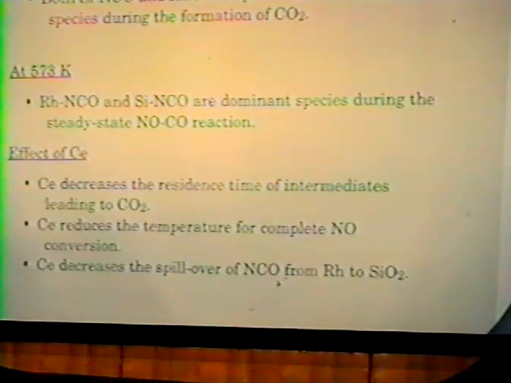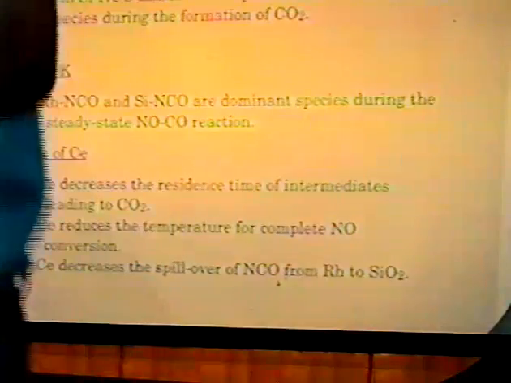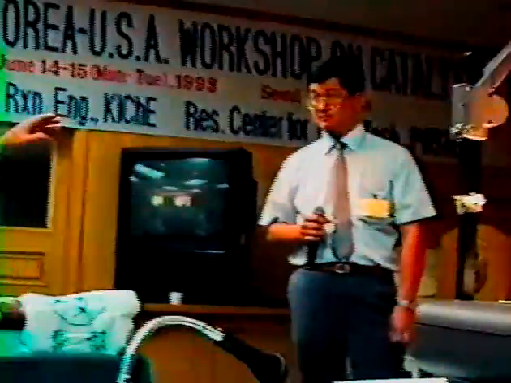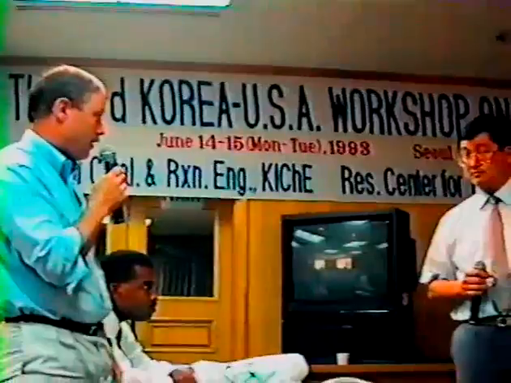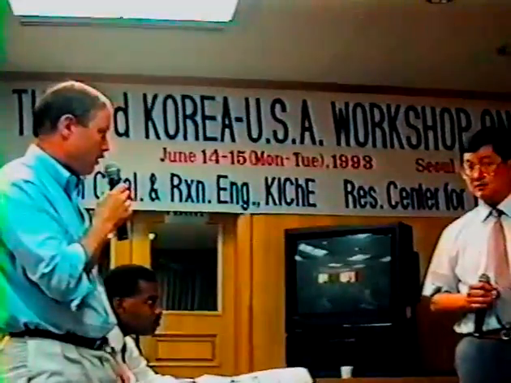We have time for questions. Van Ice, Penn State. Stephen, I was wondering about the role of the cesium. Chemically, why does it have its effect? If you look at the chemistry on the surface, why is it having that effect on the CO and the nitrogen species? Do you know?